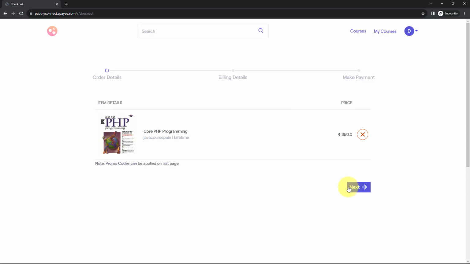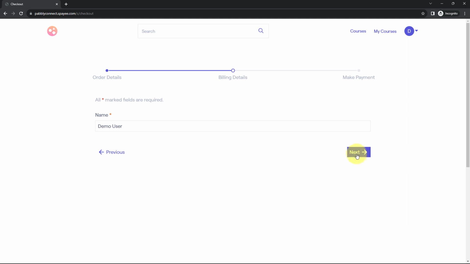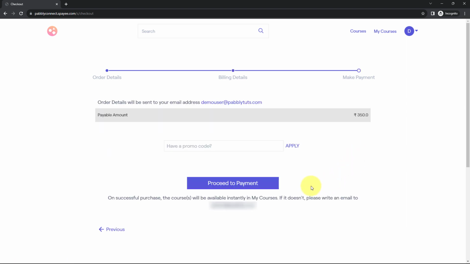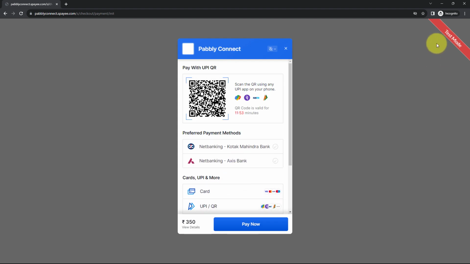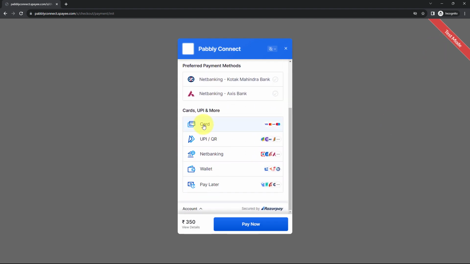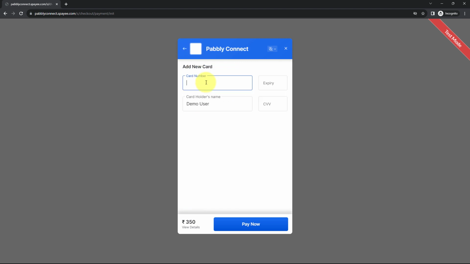So now I will go to checkout and I will click on next. Again, I will go to next. And over here, I will proceed to payment. As I'm in test mode, this will be a test payment. So here I will be making the test payment through card. And now I'm going to mention the dummy card details. So here I'm mentioning the dummy card details